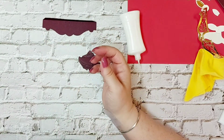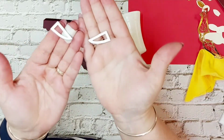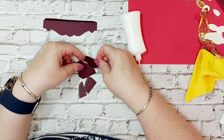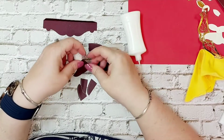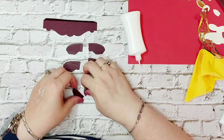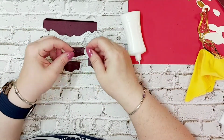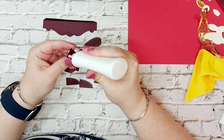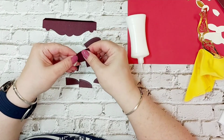They also have a decorative die, which is just a plain edge panel, and that's those there. So what we're going to do is we're going to cut out a left and a right, a left and a right, and then we've cut out another for each one, but we've cut off the glue tabs, again making it more rigid. So I'm just going to glue, we've got that one for that one, there we go. I'm going to glue those onto the top of that one there,